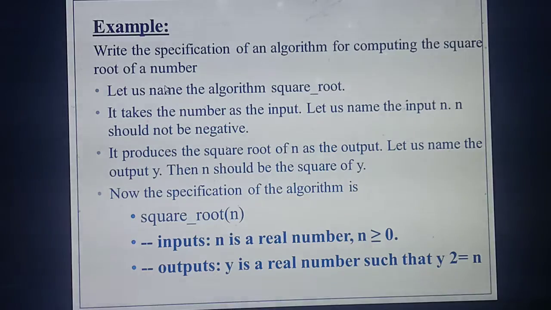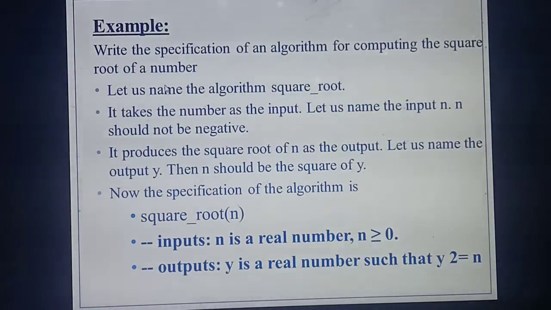Okay. So what are the conditions you have studied in the last class to write the specification algorithm? First you need to represent the name of the algorithm. Along with the name of the algorithm you should give some inputs, isn't it? Then the second condition is you should represent the properties of the input. What's the third one? Input and output you should give with which lines students? Command lines. So the third line is output. The output also you should give with command lines, and also you need to declare the input output relation.